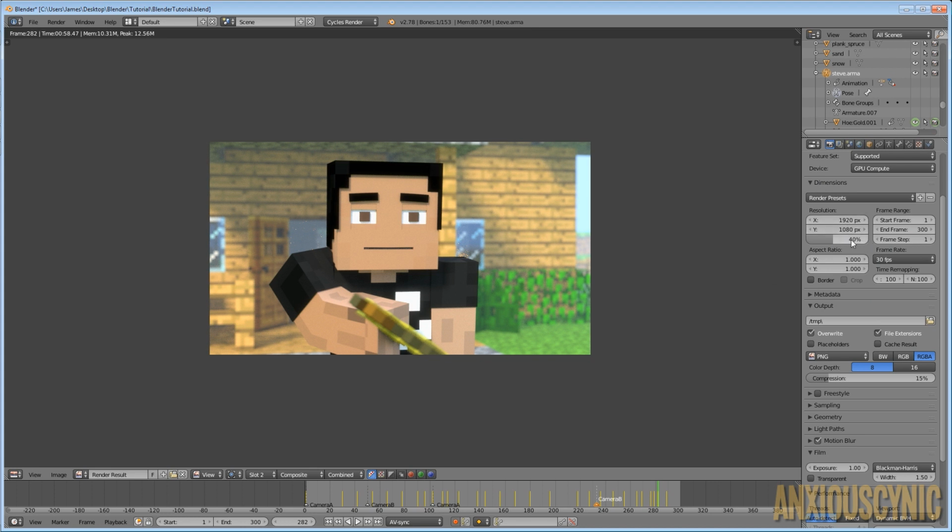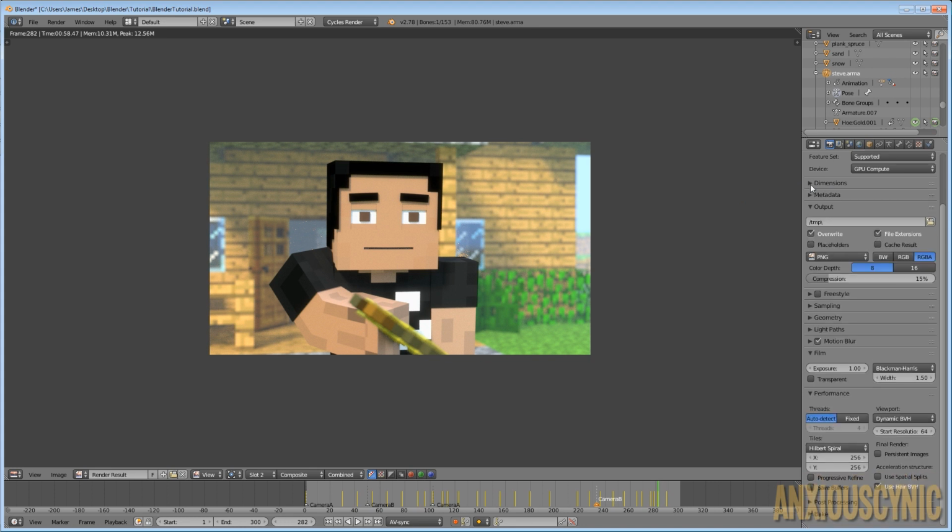So first of all, I'm rendering at 40% of 1920 by 1080. That's one of the reasons our render time is so low. If I bump this up to 100%, it would probably take a couple of minutes to render this full image here at full resolution. But what we want to do, I'm going to go ahead and minimize this,